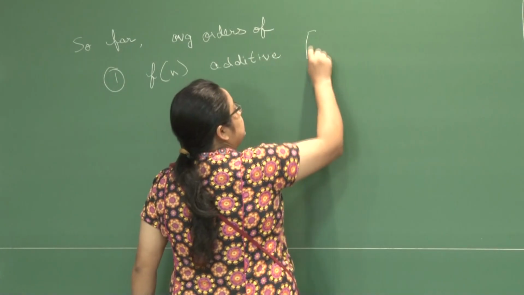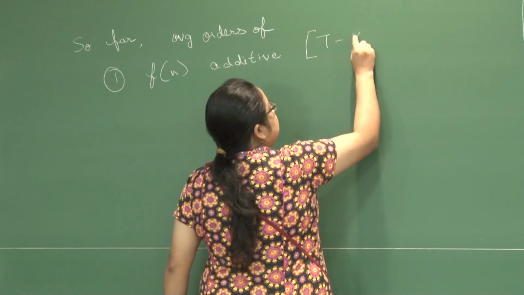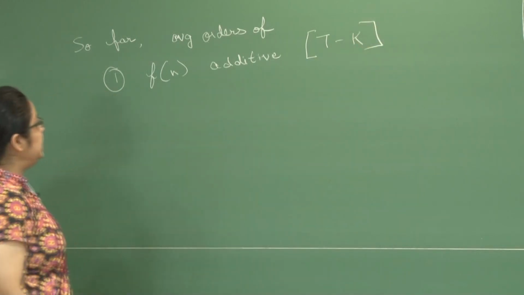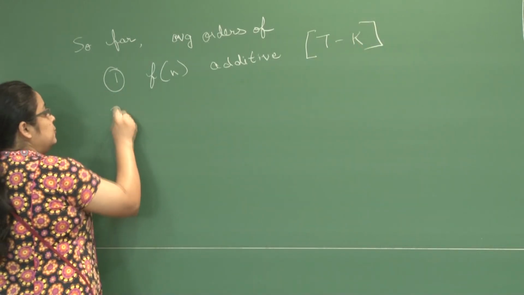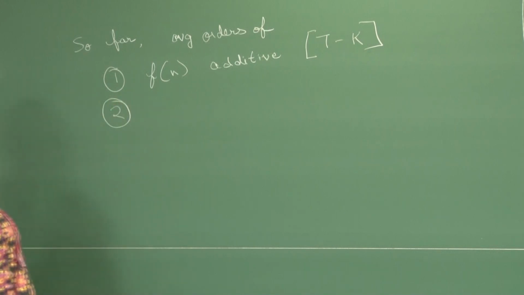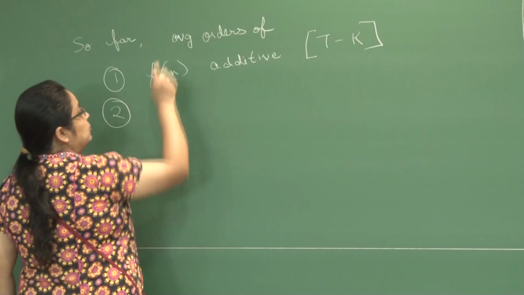So this was the Turan-Cubilius inequality. Then we also looked at a technique called Perron's formula, which teaches us how to evaluate